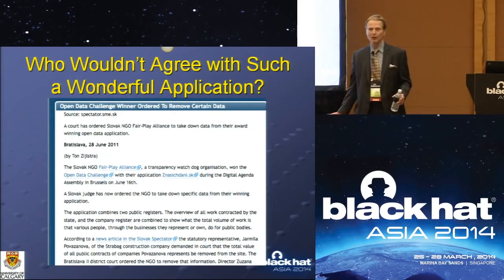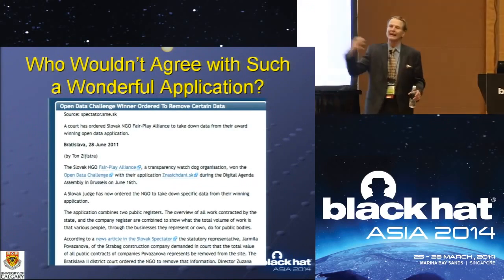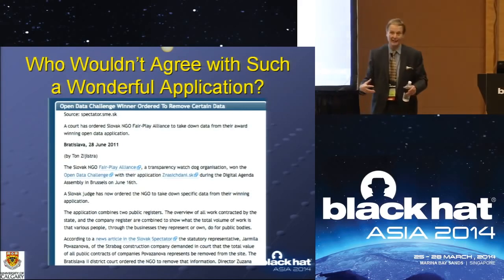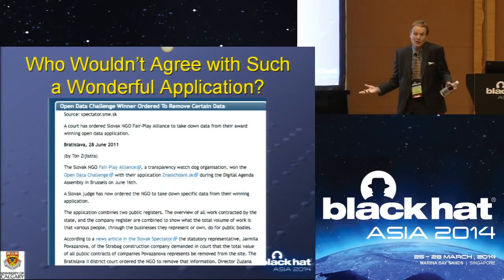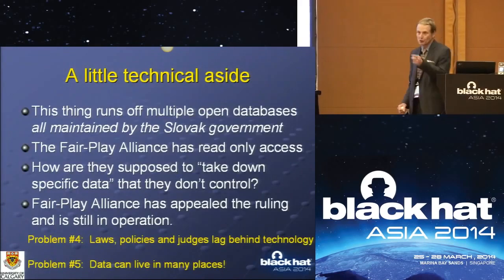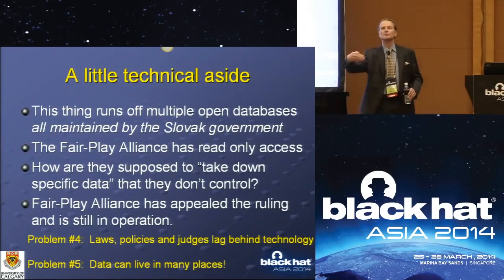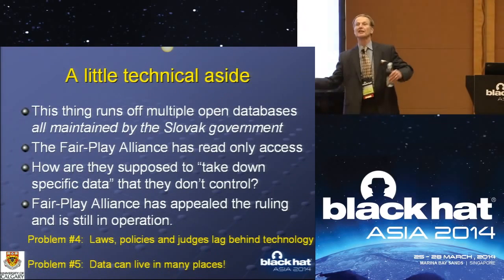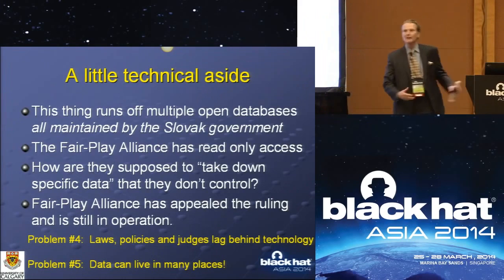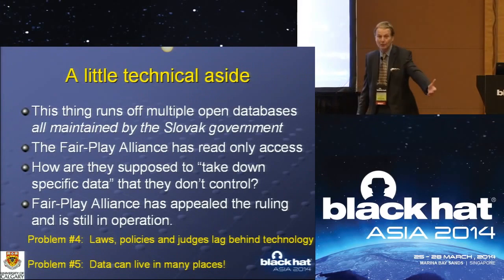Now, here's the interesting part. How do you remove data when you don't even have the data? All this thing was a re-streaming of data that was in government databases. They were just bringing it together. So they looked at the judge and they said, what do you want us to do? It's not even our data. And the judge said, do it. And this gives us problem number 4. Judges are about 10 years behind the average intelligent person in understanding technology. So when you have lawsuits like this, it's because the judge still remembers his Commodore PET computer or something and thinks that that's what computers are about.